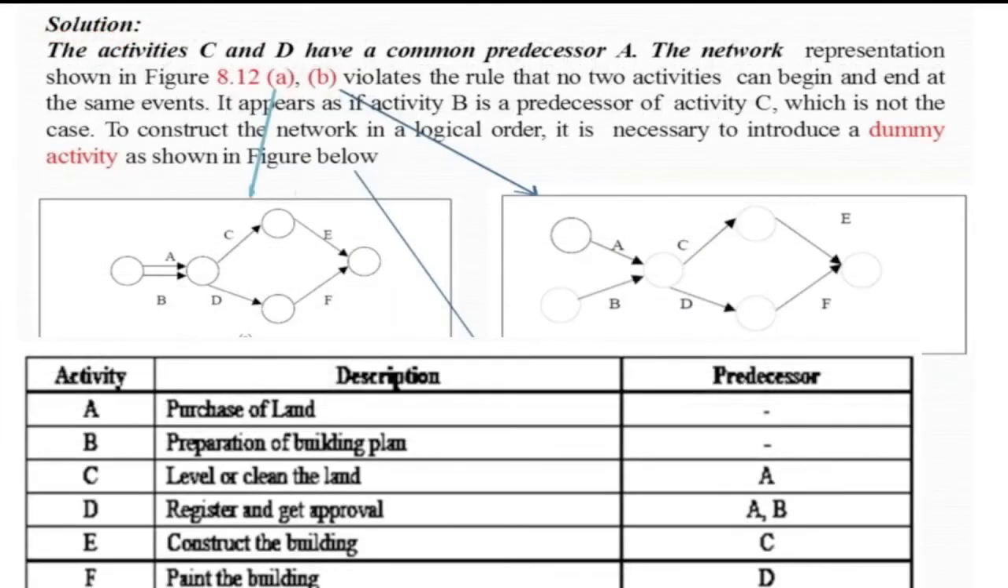So this is the probable graphical view. The first one is here. If you are going to make it like this, where we have A, the purchase of the land, and B, the preparation of building plan, and it has no predecessor, you can write it like this. It has no predecessor, and this is the beginning event and it ends here. But